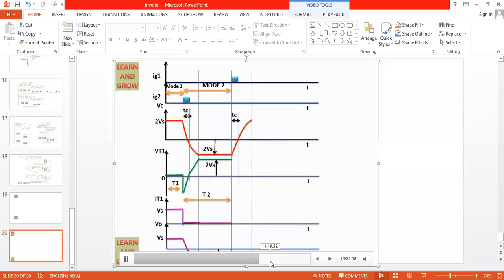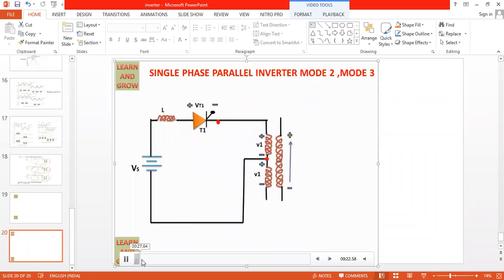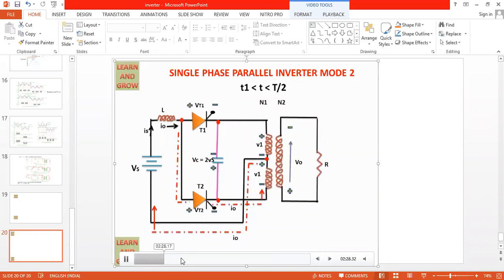I'll explain it. As we obtain this waveform for the voltage across the capacitor, for load voltage also we get the same. So we confirm that it is approximately equal to the square wave. So the parallel inverter generates the square waveform signal. Okay. Yes, you can see that. So draw only Ig1, Ig2, capacitor voltage and voltage across the load. That finishes the explanation for the parallel inverter. So the parallel inverter circuit, as you have seen, has mode 1, mode 2, mode 3, mode 4.